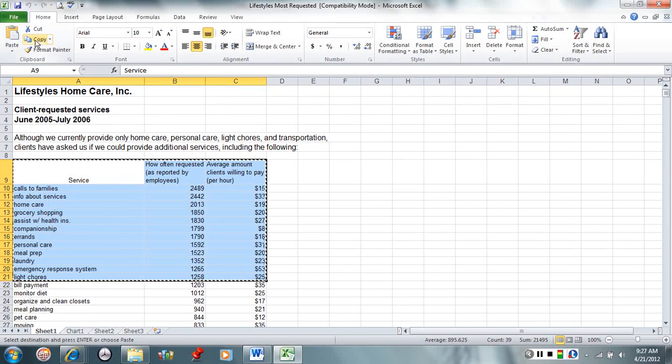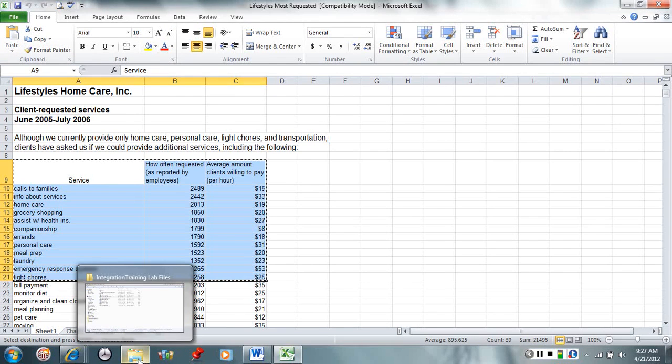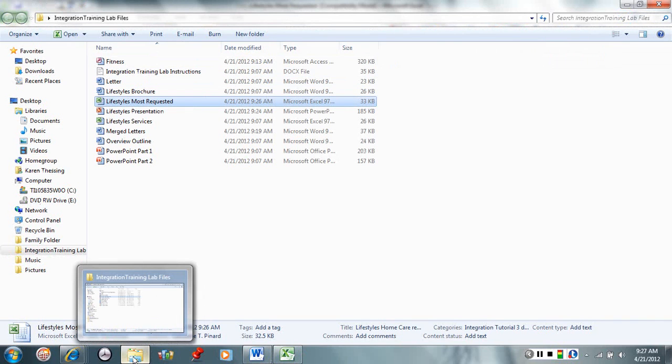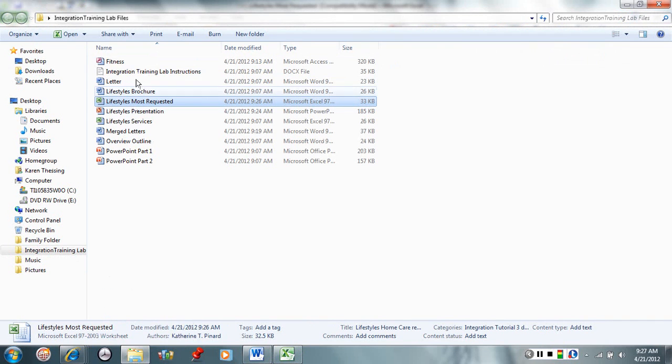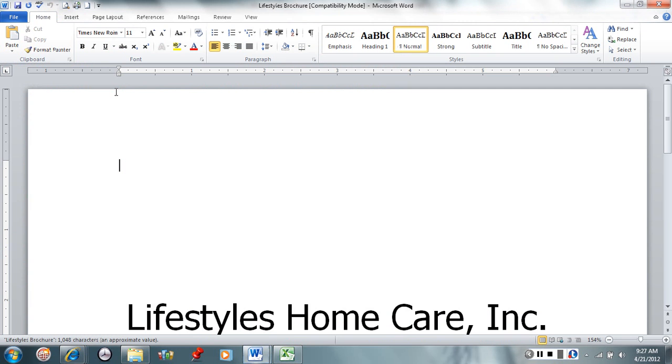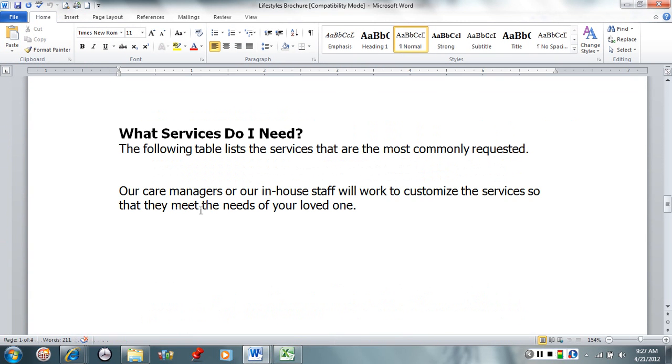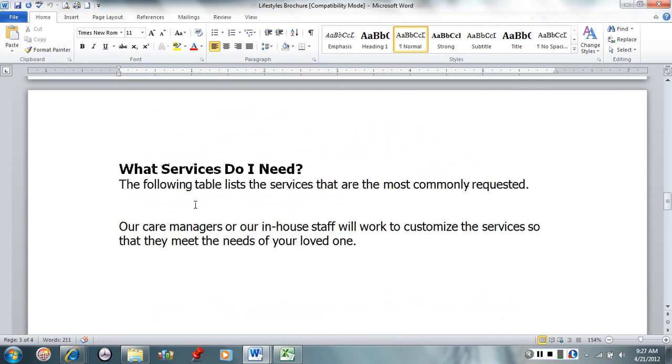And then now I want to open my lifestyle brochure file, which is a word processing file. So I'm going to bring up my folder with the work files in it. And I'm going to find my lifestyles brochure, which is a Word document. And we want to scroll down till we see page 3. So this is just a brochure we're going to send out. On page 3,